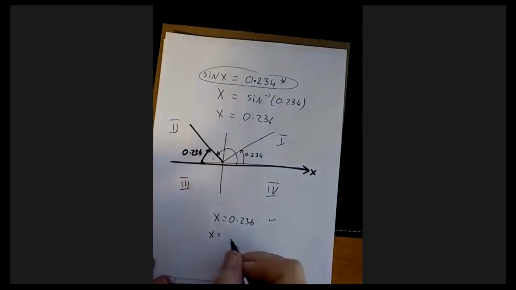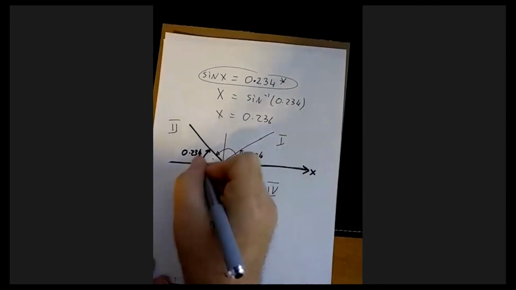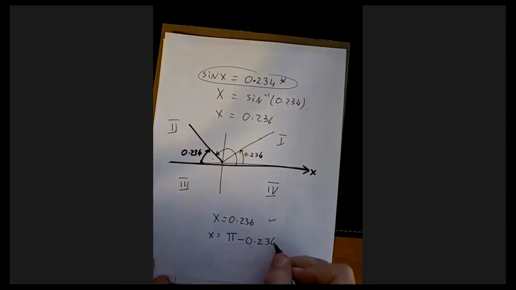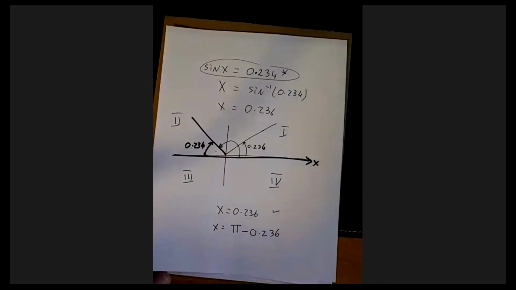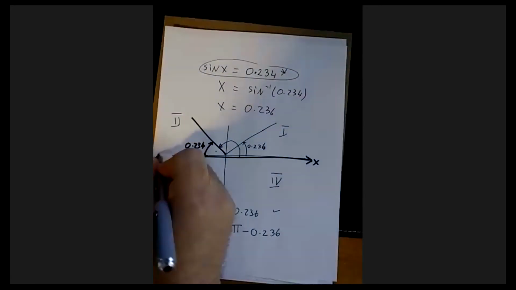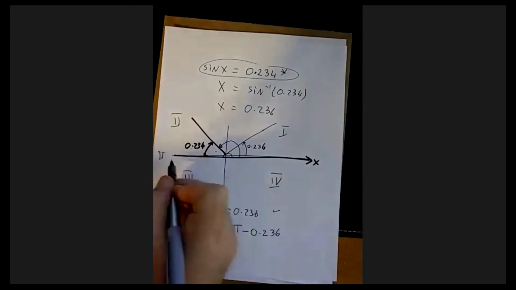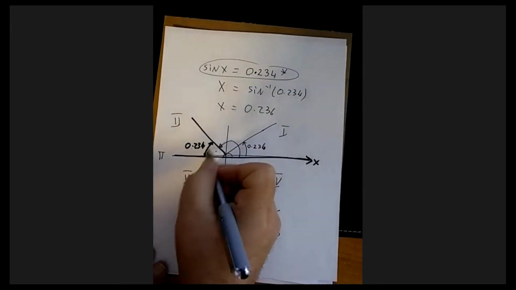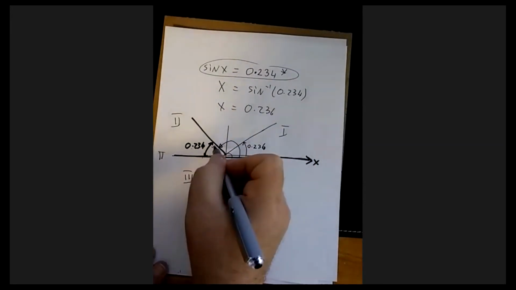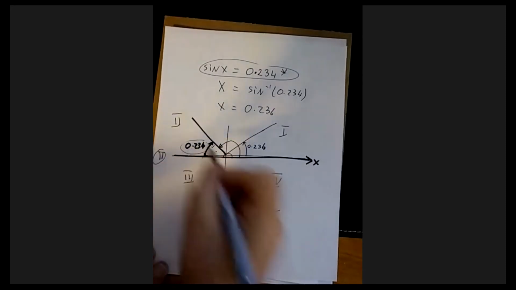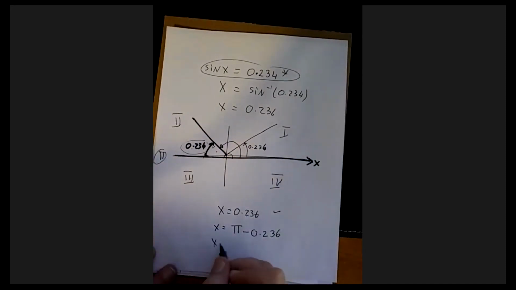Well, pi take away 0.236. And you might say, why pi? Isn't the whole start to finish pi? And if this bit is 0.234, isn't the bit that's left pi, take away this guy? So the other answer is going to be